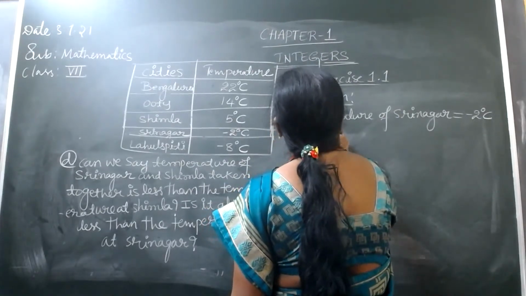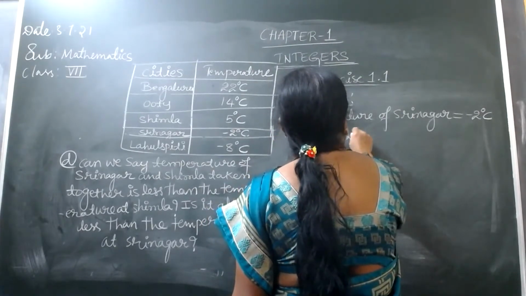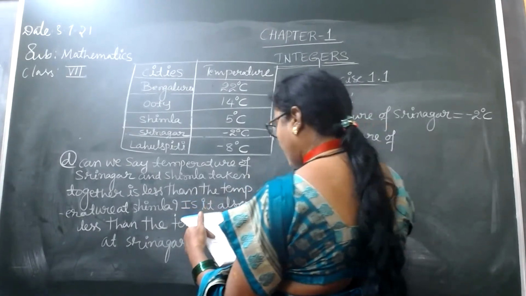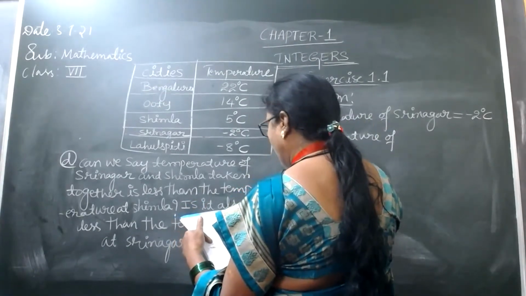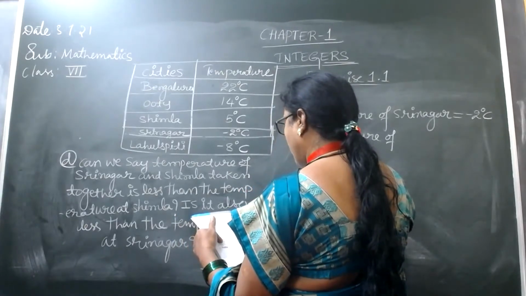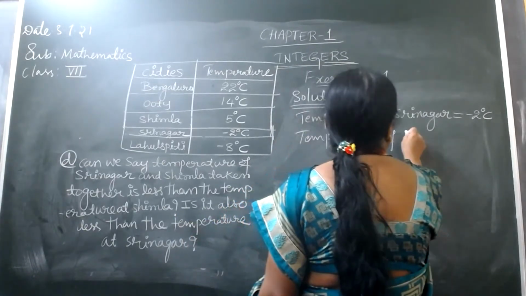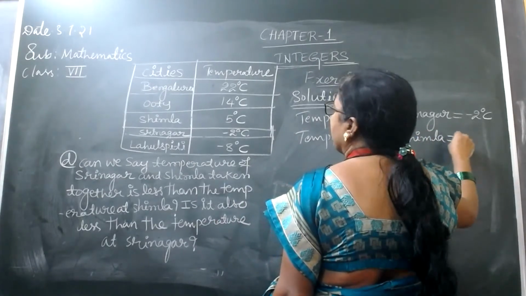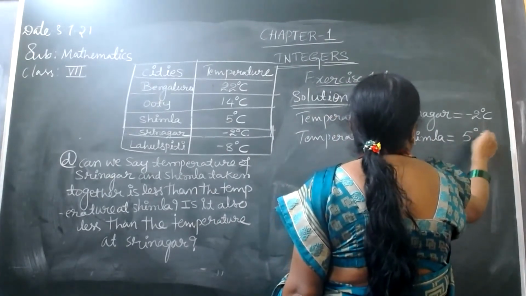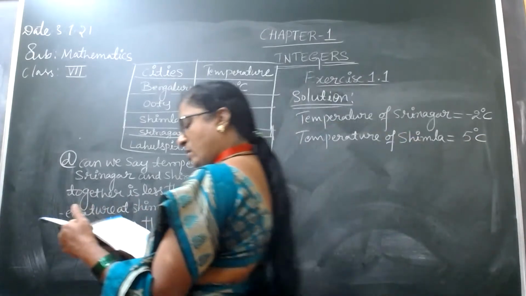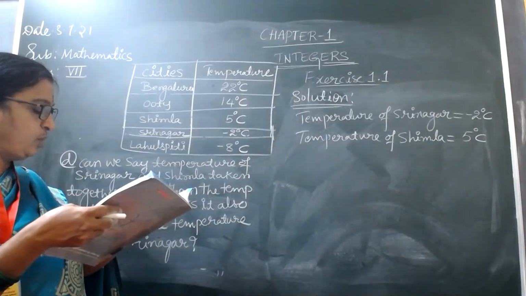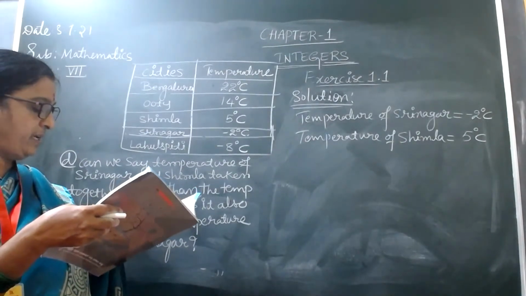And temperature of Shimla. How much is that? Shimla 5 degrees Celsius. So here they ask, if you take the temperature of both the cities taken together, means